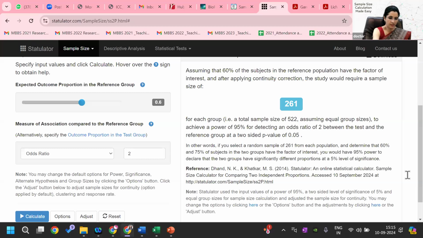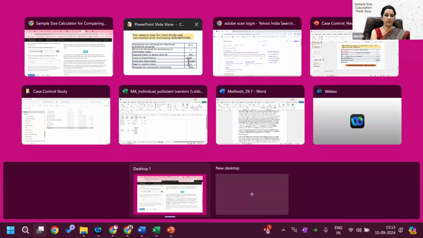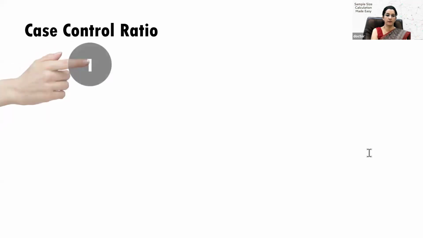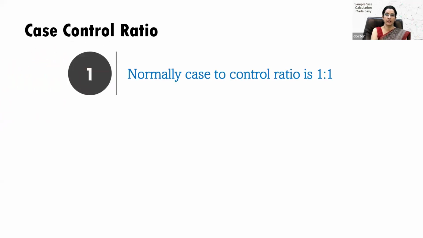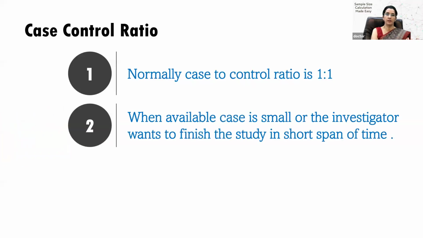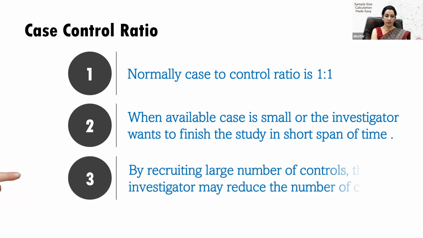In such cases, what you can do is increase the number of samples of control. So how to achieve that? Basically, normally the case control ratio is 1:1. But when the available number of cases is small, or you as the investigator need to finish your study in a short duration of time, then you can increase the number of controls. And by increasing the number of controls, you can reduce the